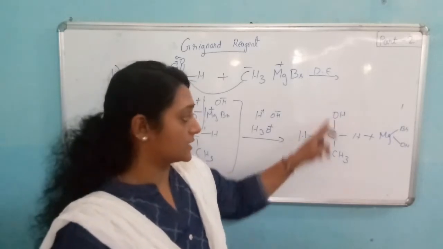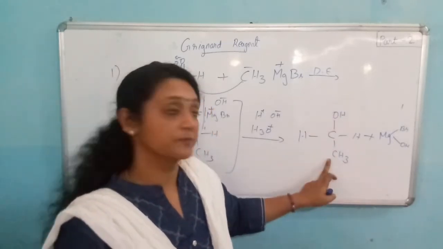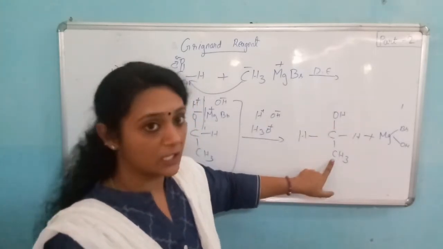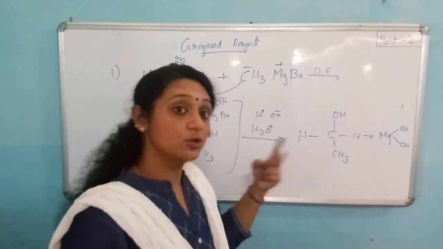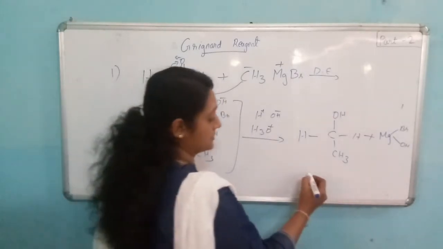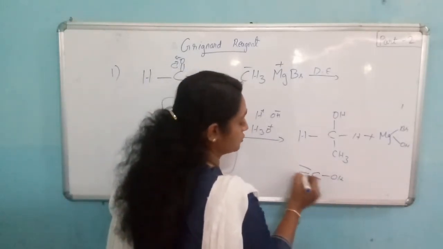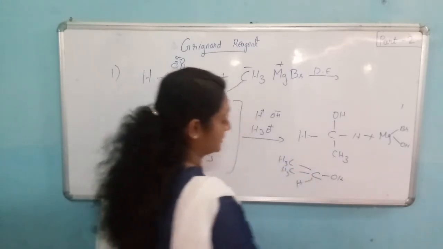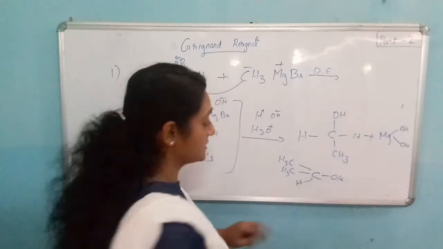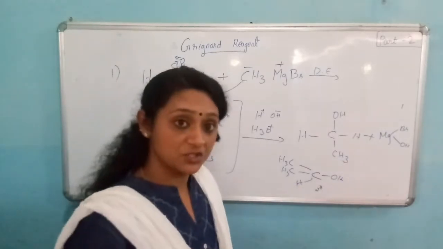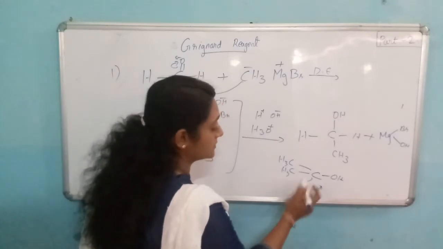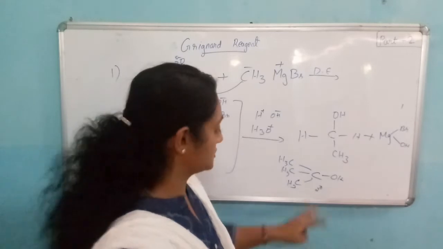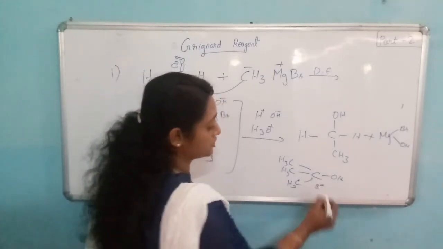This is a product, this is an alcohol. What type of alcohol is this? Primary alcohol means COH is attached to one carbon group. If COH is attached to two carbon groups like CH3, and one valence is filled with hydrogen, then it is secondary alcohol. And what will be the tertiary alcohol? Tertiary alcohol will be when the three valencies are filled with three carbon groups. Then the alcohol will be tertiary alcohol.